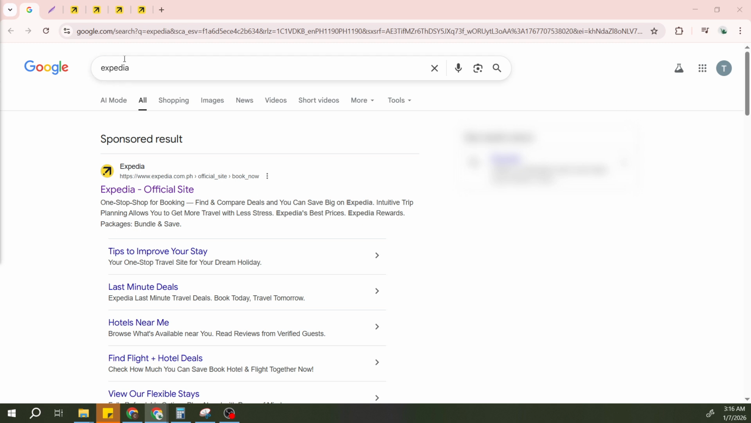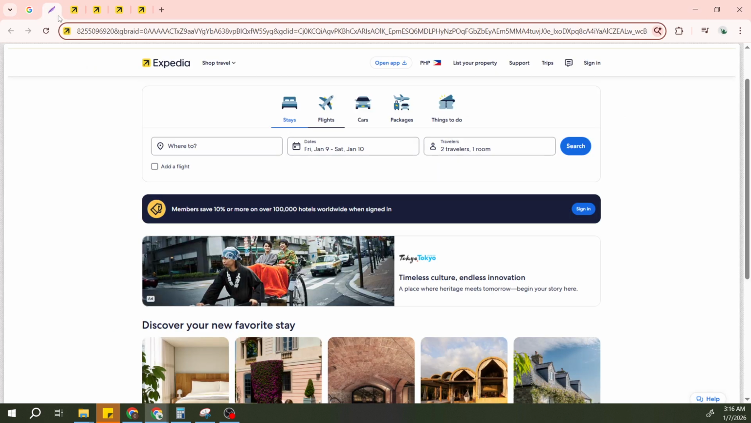First, open your preferred web browser and search for Expedia. You can type the name in the search bar or the address bar. When the results load, open the official site. Choose the first result if it's clearly the official one, or specifically look for the expedia.com domain. Check that the address bar shows a secure connection, indicated by the lock icon, so you know you're on the